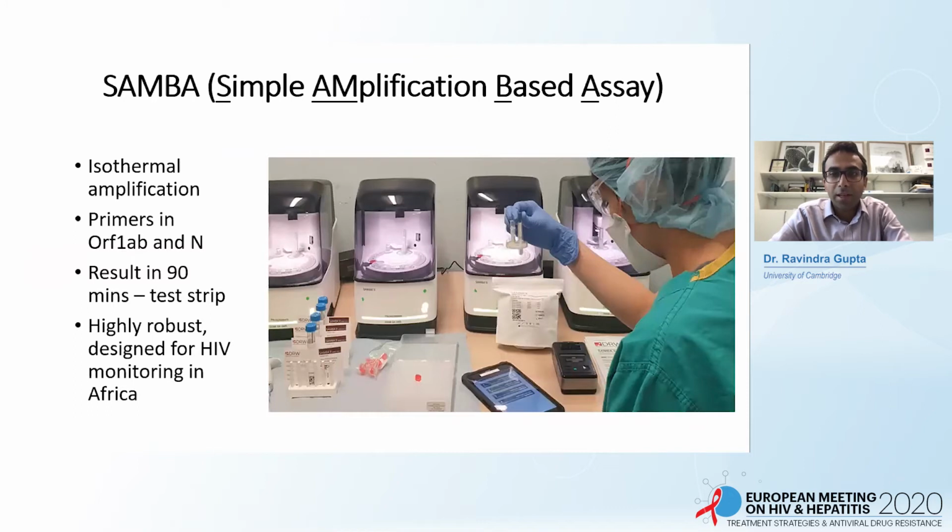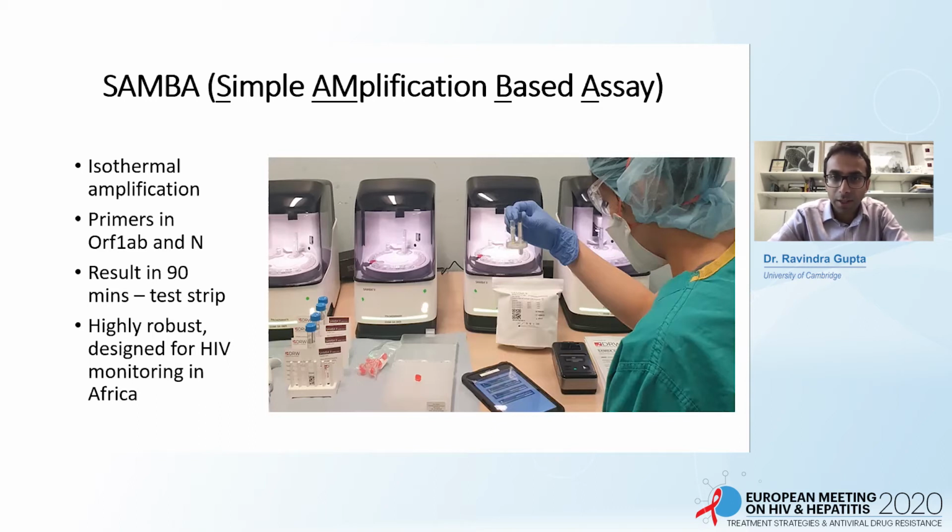So I'm going to tell you a little bit about the Samba assay, which stands for Simple Amplification-Based Assay. It relies on isothermal amplification by transcription-based amplification. And this means that you don't need cycling, and the technology is much simpler. And initially, this test was designed to monitor HIV viral loads in fingerprick blood in sub-Saharan Africa. And so this platform has been around in many forms for the last decade or so. And therefore, the advent of the